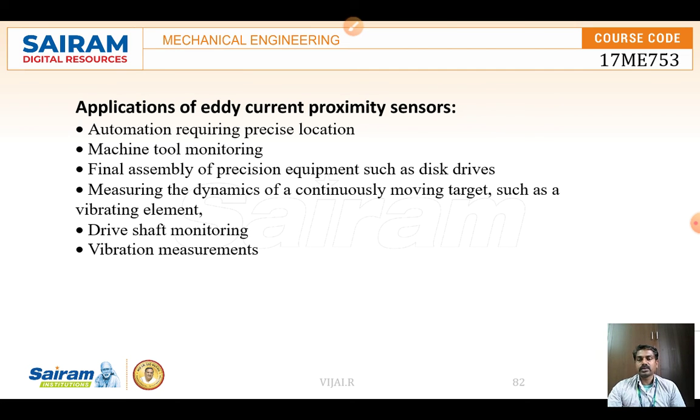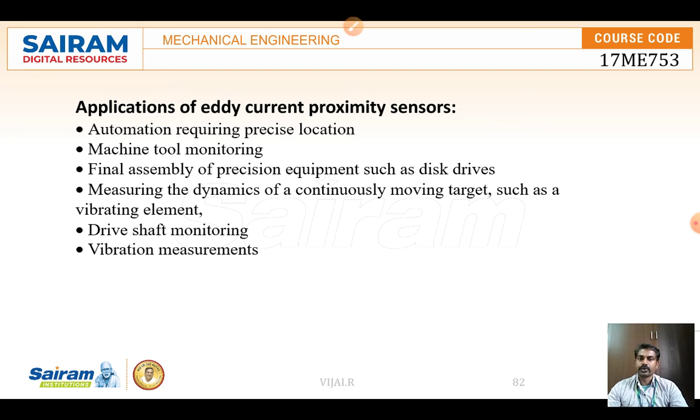This is how proximity sensors are used, wherever an automation system needs components placed at a precise location. It will reach a particular point and stop there. They are also used in machine tool monitoring, where machine tools means lathe, milling machine, drilling machine and so on, to see exactly where the tool is moving.